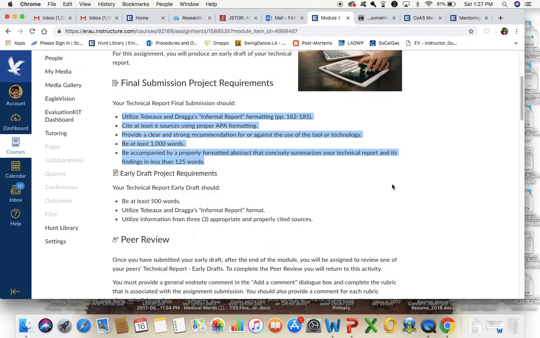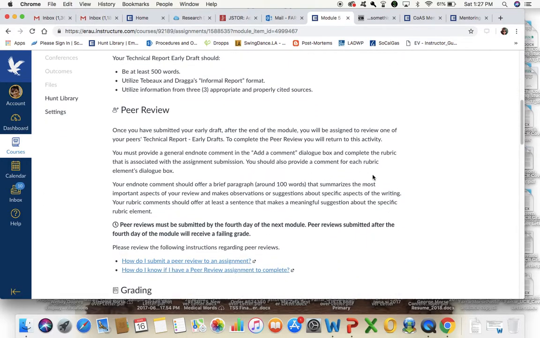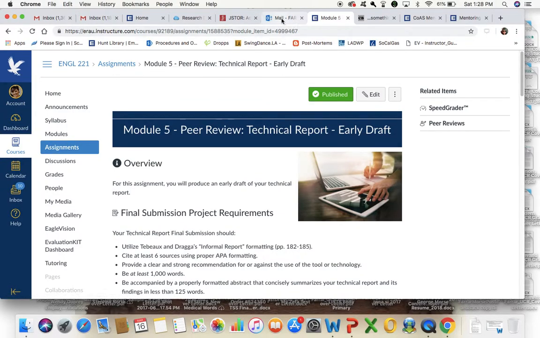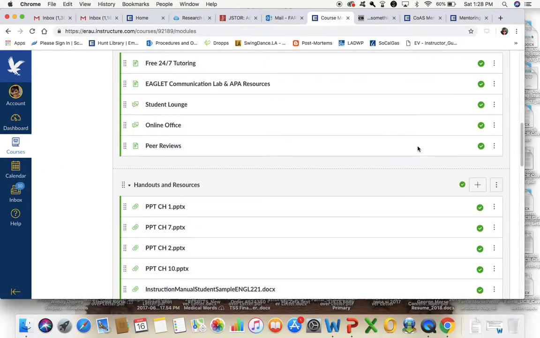And unlike the instruction manual assignment, this one, and this is the last bullet point, you have to have a formatted abstract that concisely summarizes your technical report, and 125 words is kind of a normal length for an abstract. So that's the final submission requirements, and then this goes into the peer review, which is very similar to the instruction manual. So to help out with this, I have uploaded